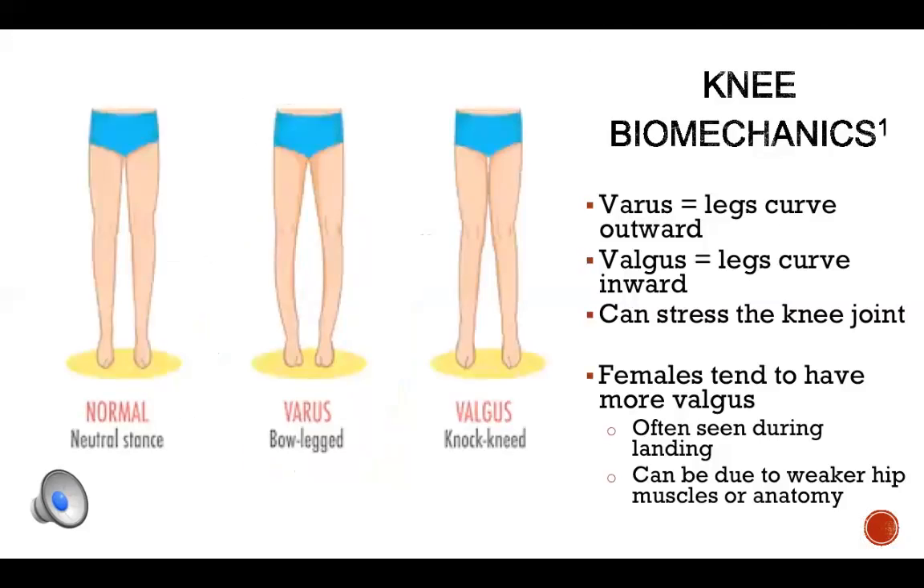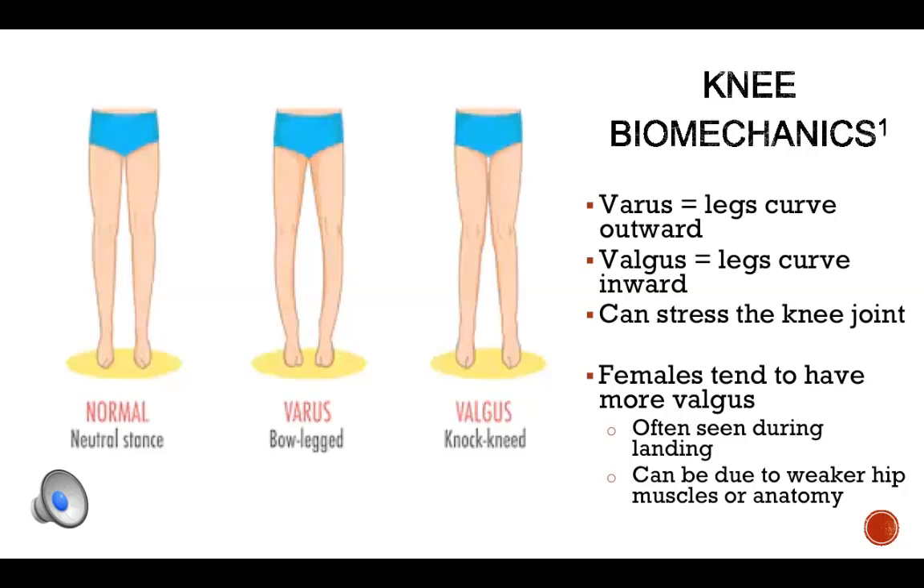Now let's talk about how the knee moves. We need to define some important terms. As we look to the far left, we see a normal stance with the legs that are fairly straight. In the middle, it shows a varus stance, also known as bow-legged, meaning that the legs are curving outwards. Finally, on the right side, we see what is known as a valgus position, which is knock-kneed and the knees